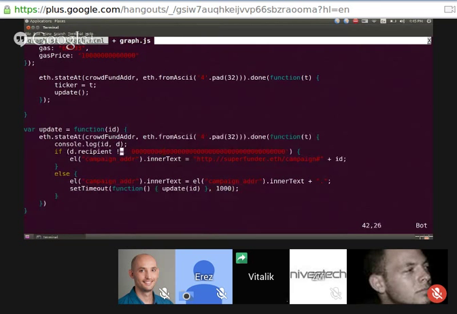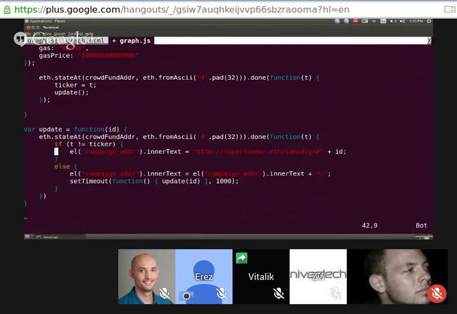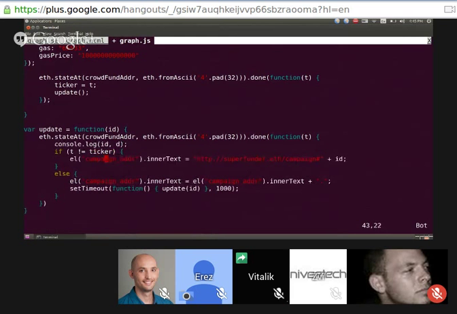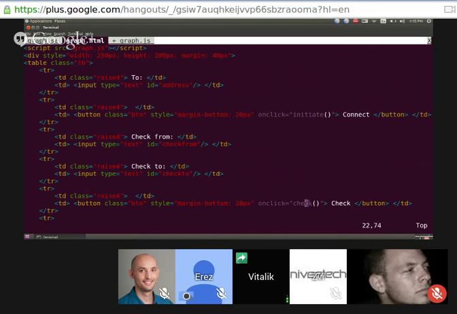Now, we have two choices. If T is not equal to ticker, then we do something. Otherwise, we do something else. So, which one of the two do we want to recurse on update inside? This one, the one where T is still the same, right? Yeah, over here, instead of doing